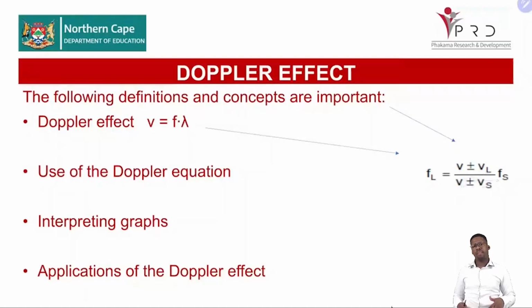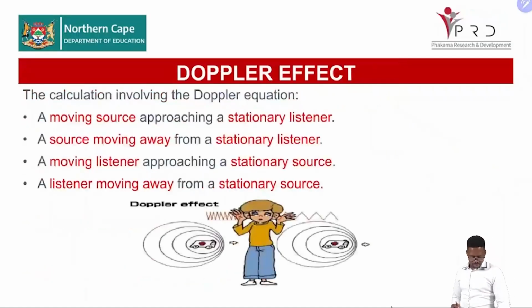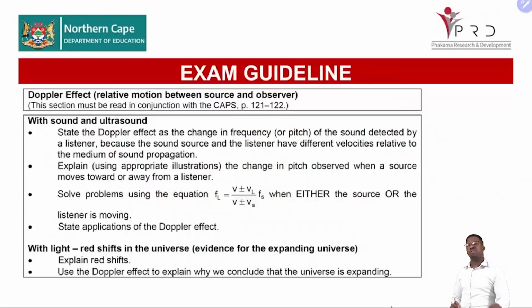Interpret graphs and note the application of Doppler effect to measure the rate of blood flow, to measure the rate of heartbeat in a fetus. So our calculations are influenced by that. Let's know the definition of Doppler effect, perform the calculation of Doppler effect, state the application of Doppler effect, explain